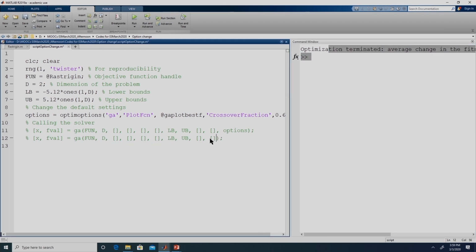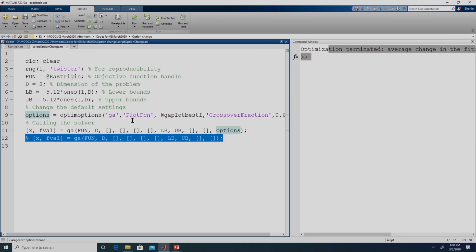So now we are changing the default option, right. So let me solve this one, right. Just because we are defining options here does not mean it will be taken by GA, right. It will be taken by GA only if we include these options while solving GA, right. So this line was actually uncommented when we had executed line 12, right. Still we did not get any plot, right. That is because we did not include options, though we had defined it, we did not include it. Here we are now including that.